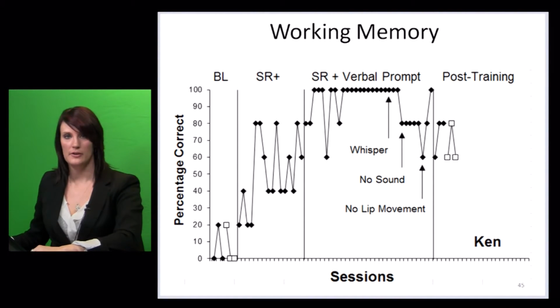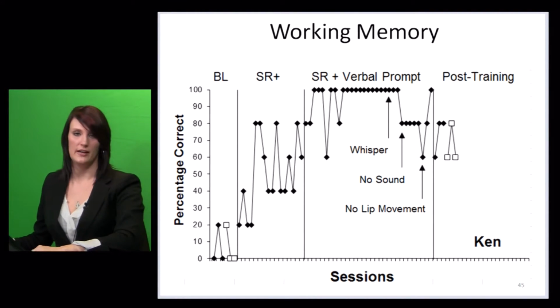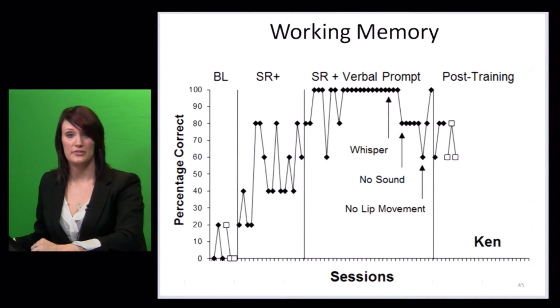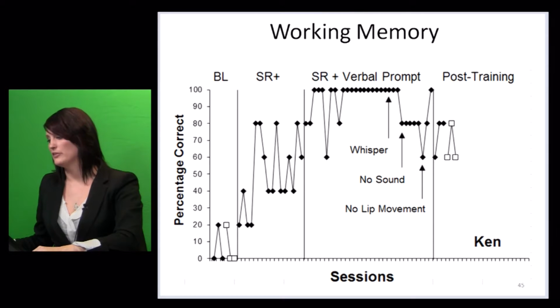With reinforcement alone, there is an increase, but it was not as good as the researchers expected, so they did some modifications and added the verbal prompt of telling the child to rehearse the pictures to himself. You can see that that worked really well, and the child was responding across multiple sessions at 100%. Then they told the child, okay, you can say it aloud, but you have to whisper. Then they told him you can move your lips, but you can't make any sounds. And then finally they said no lip movement at all.